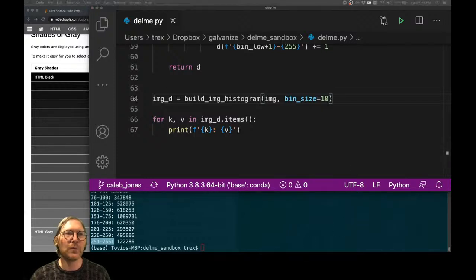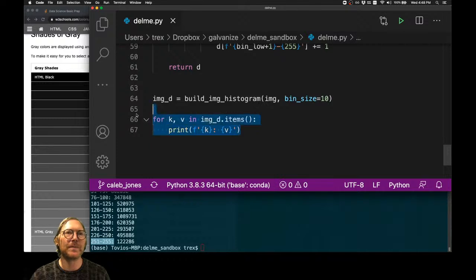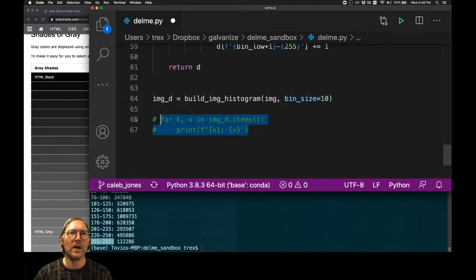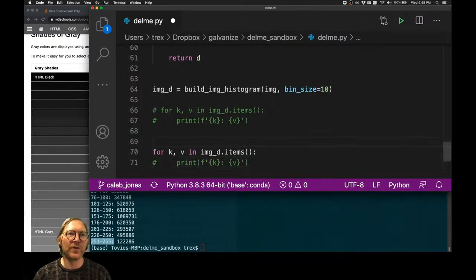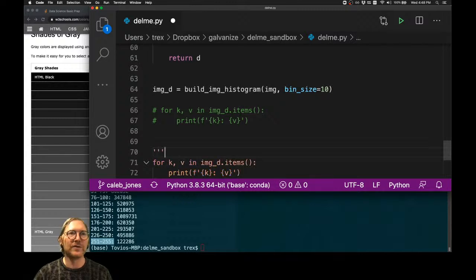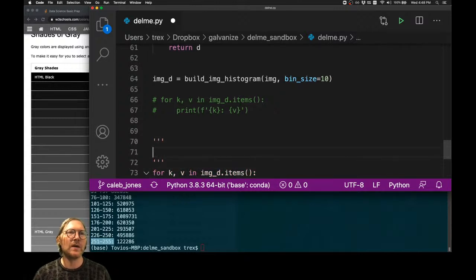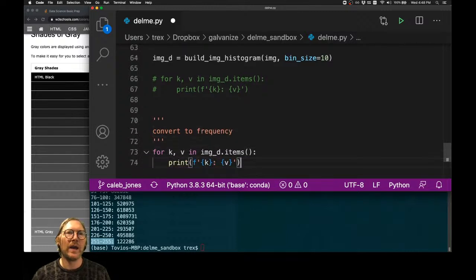So I'm going to convert this to frequency instead, and I'll copy this, and I'll just do a very simple conversion. I'll just notate it, convert to frequency,